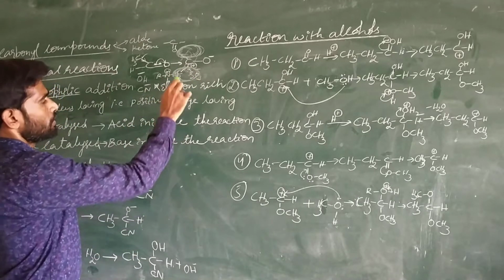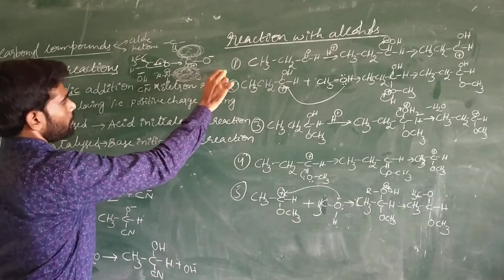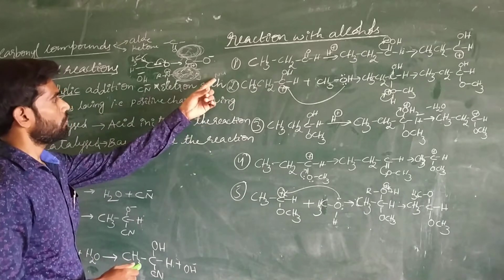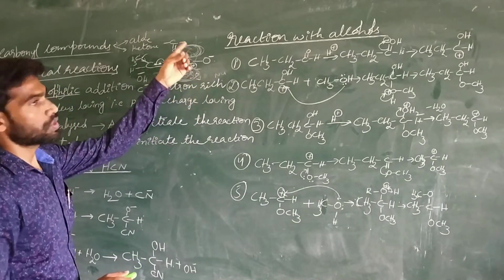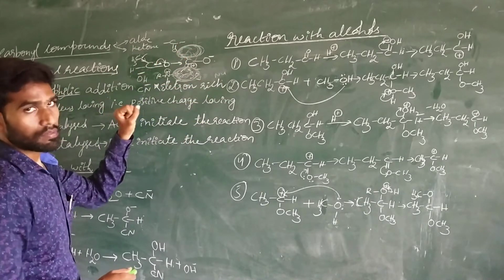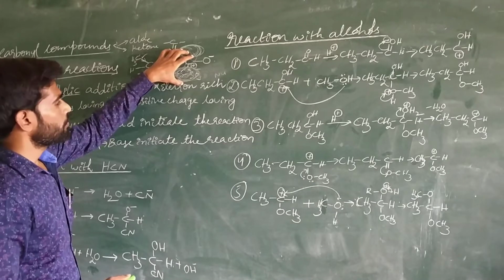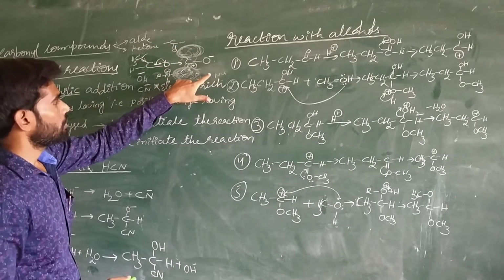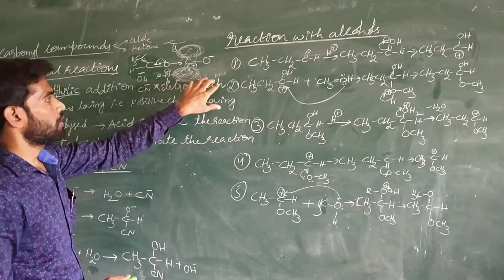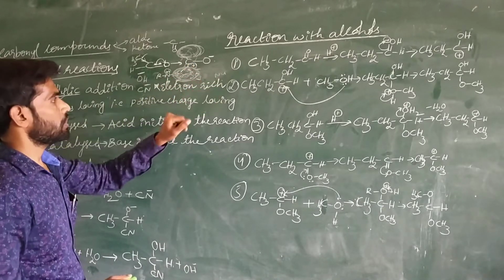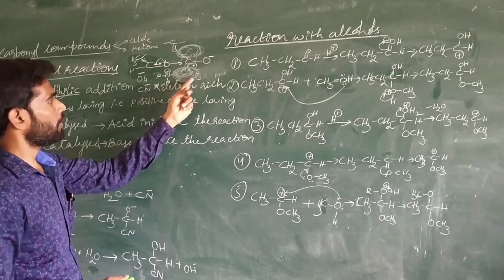The electron density is revolving here, and whatever the nucleophile is, it does not react with the carbon atom because there is steric hindrance. If the groups are bulkier, these nucleophiles do not react with the carbon atom, because electronic repulsion occurs between the nucleophile and these electrons. These electrons occupy this area.